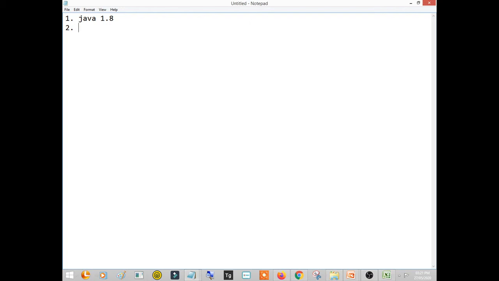Then one of the IDEs, either Eclipse, which many people know, or IntelliJ IDEA. These are the tools we need to set up Selenium: Java and one of the IDEs.